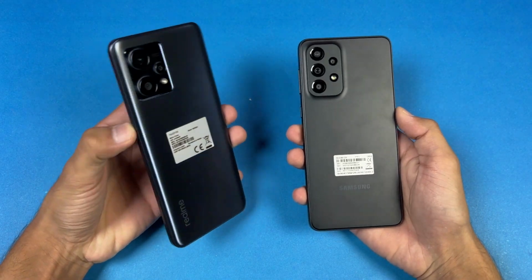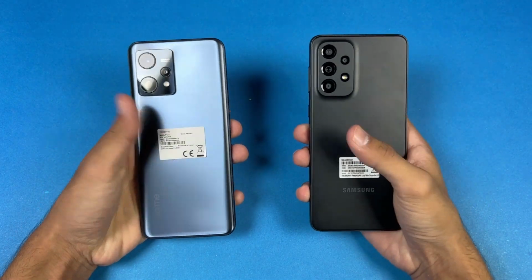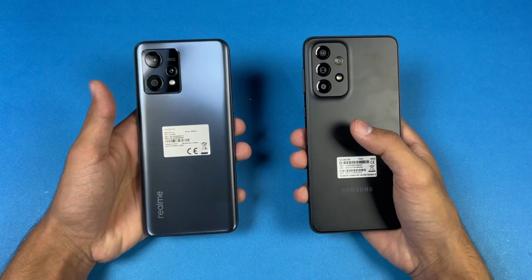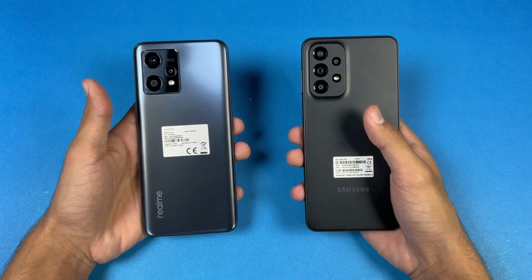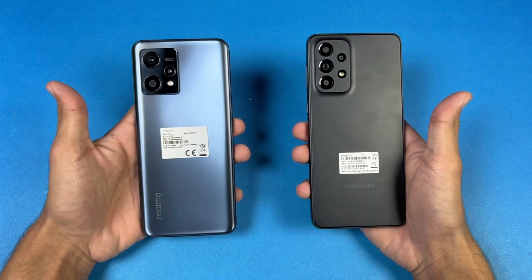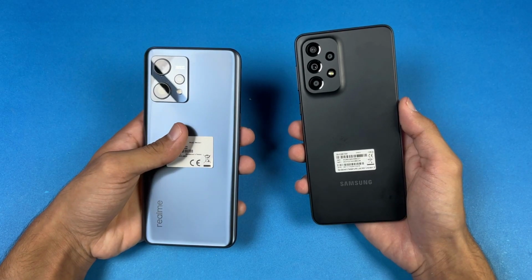I'm back with a brand new video, and it's time to check out the performance of the Realme 9 4G against the Samsung Galaxy A33 5G. The A33 5G has the Samsung Exynos 1280 processor with 8GB of RAM, while the Realme 9 4G has a Snapdragon 680 SoC with 8GB of RAM as well. On the back we have quad cameras on the Samsung versus triple rear facing cameras on the